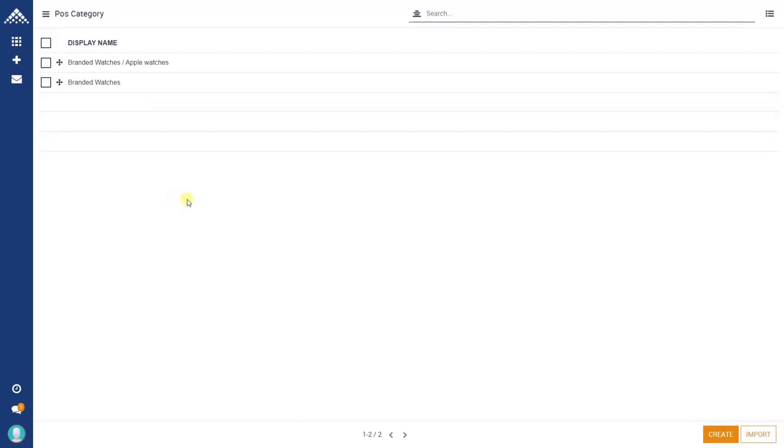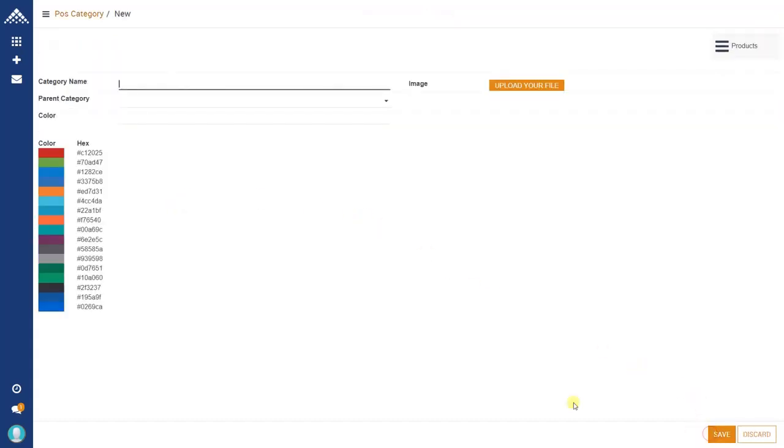So to create a new category, click on this create button and you will find options such as category name, parent category and color. As we are making a category for beverages, here we will enter beverages. The parent category would be empty as beverages itself is the parent category. And in the color, you can select any color as you want. Let's say if you want this color, you need to select this color code right from the hash, copy it and you can paste it.